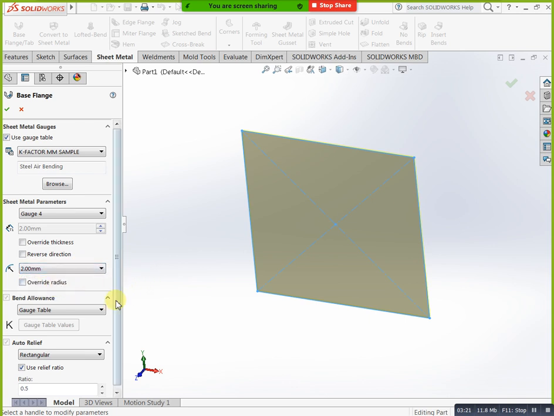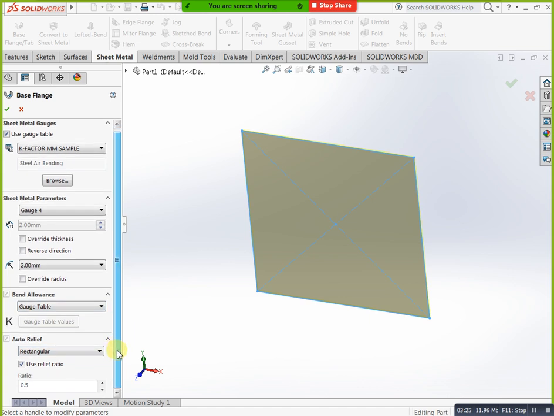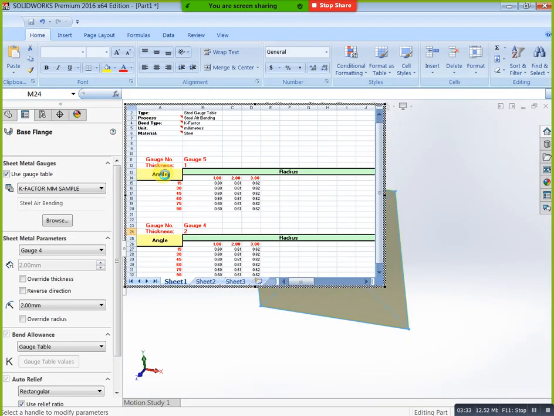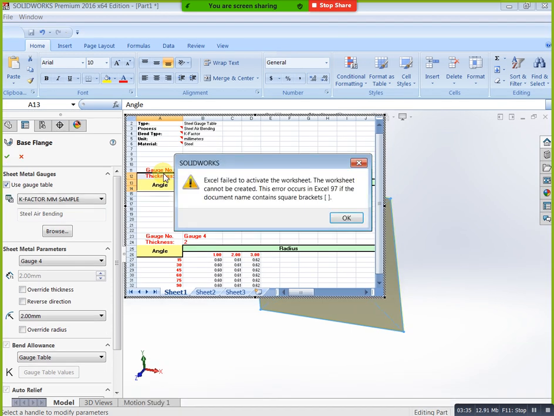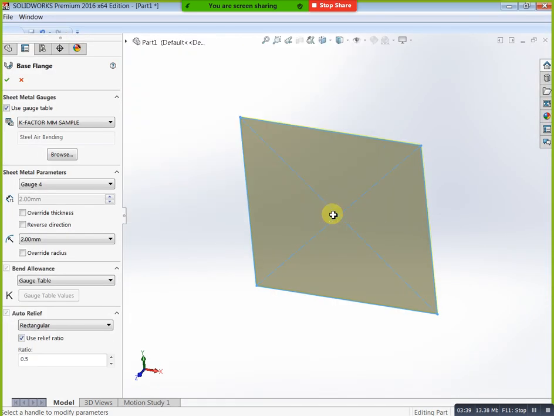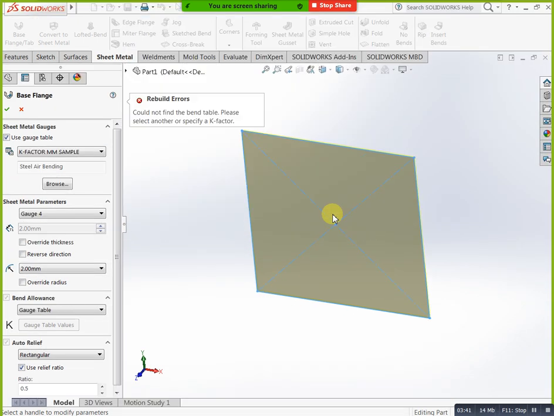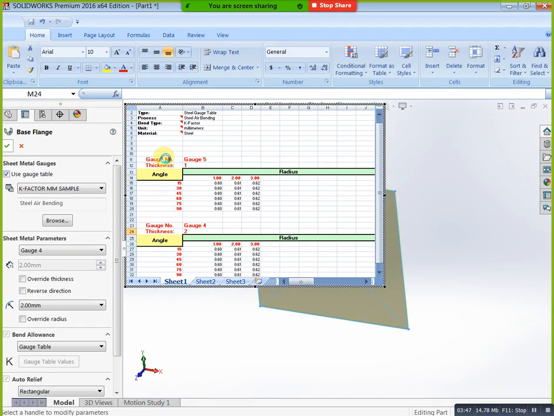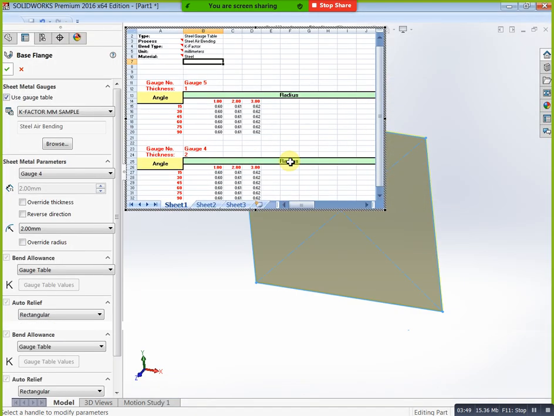This one is the gauge table. This is rectangular, and use relief ratio, then you can do okay, finish. Automatically it calculates everything, we need not do anything.